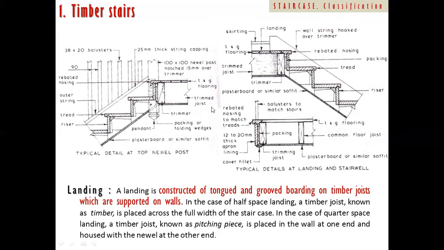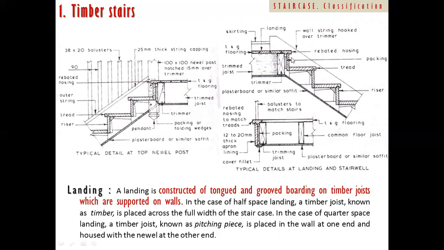Now let's come to the other part. So you can see tread, you can see the riser, okay, you can see how the groove joints can be fixed, you can see this as a nosing, you can see these as blocks to get additional strength, okay. Here this entire particular part, you can see the stringer, and within this stringer this tread and riser will be fixed, okay.